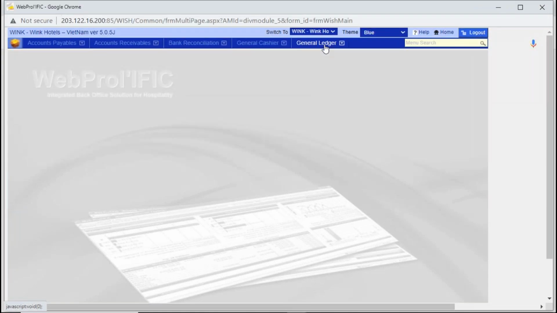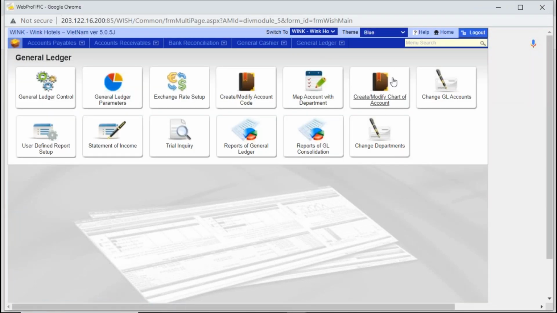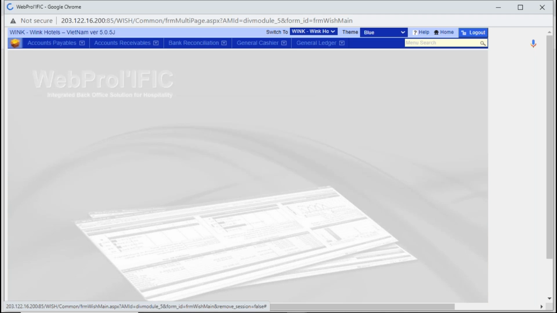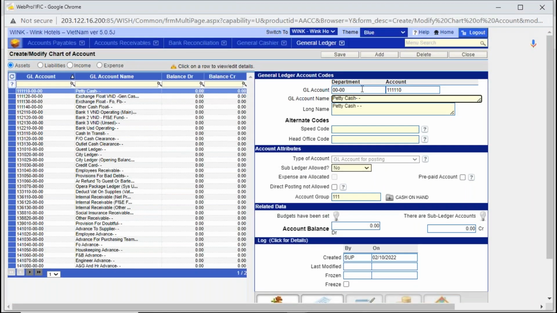in general ledger. There is another screen called create modify chart of accounts. Here you created the account codes. The next step is mapping the account codes to the departments, and finally the complete structure that you can get to see is here, in create modify chart of accounts. So if I open this, see, this is the complete